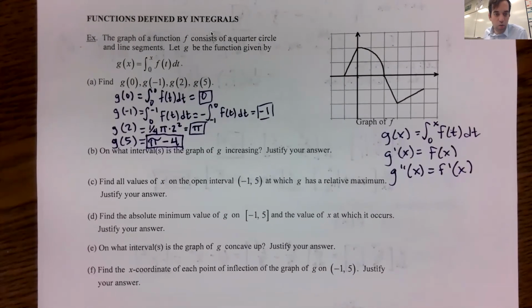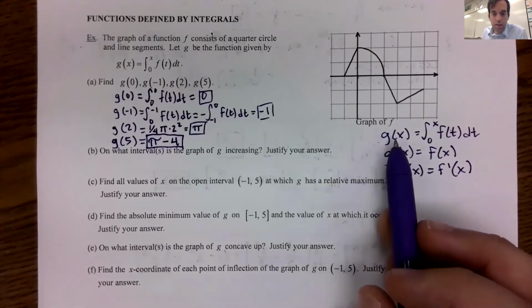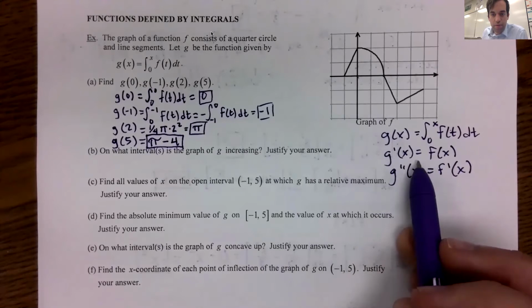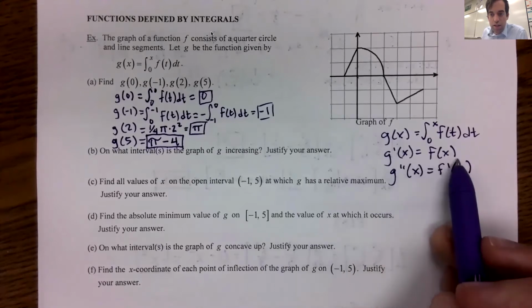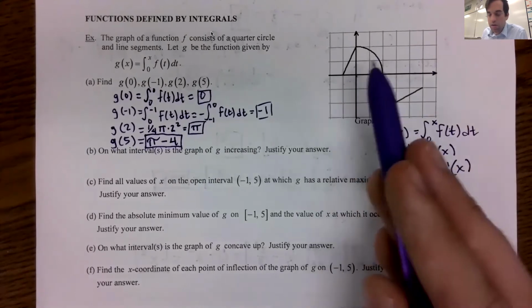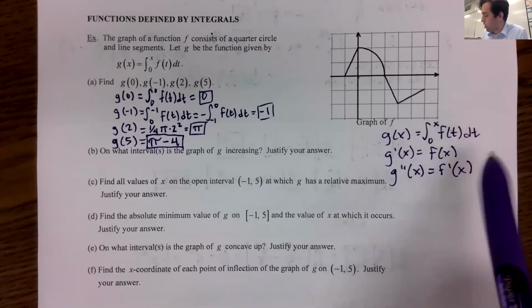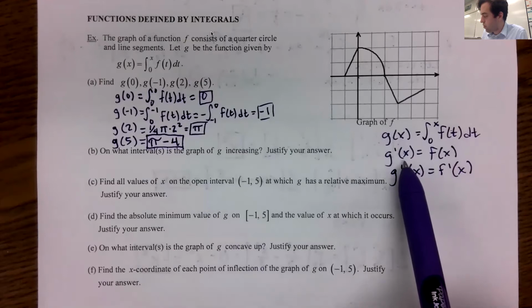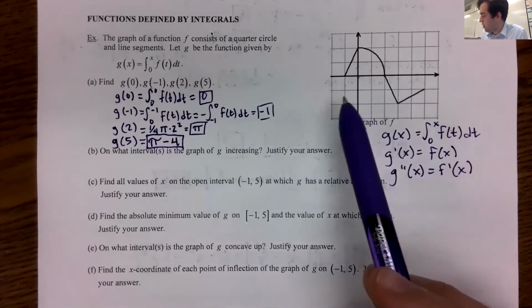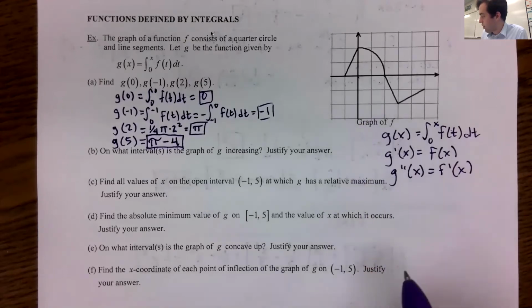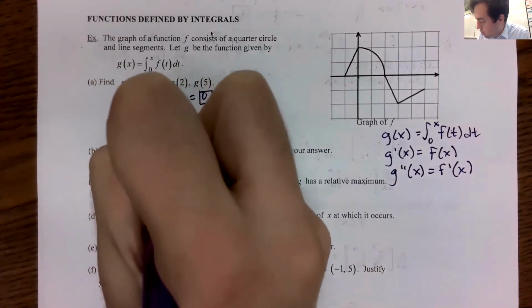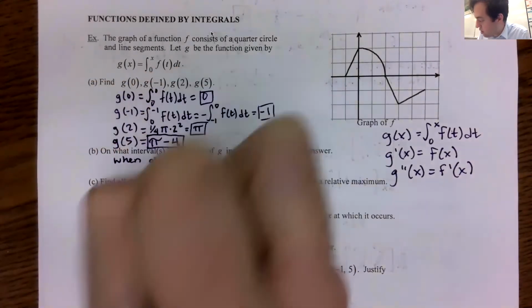In letter B, on what intervals is the graph of g increasing? To tell if something's increasing, we look at the first derivative, which in this case is f of x. So here's our graph of f of x. The original function is going to be increasing when the first derivative is greater than 0, right? So it's going to be when g prime is greater than 0,